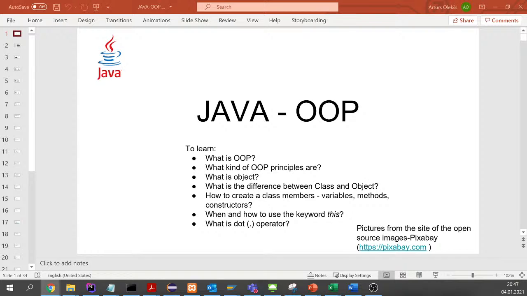Okay, let's move on with the final part of our today's session. And today we will start with object-oriented programming. This is the biggest topic in Java and mostly in all the object-oriented programming languages. And to be honest, this is my favorite topic, in programming in general, not only in Java. It's really interesting